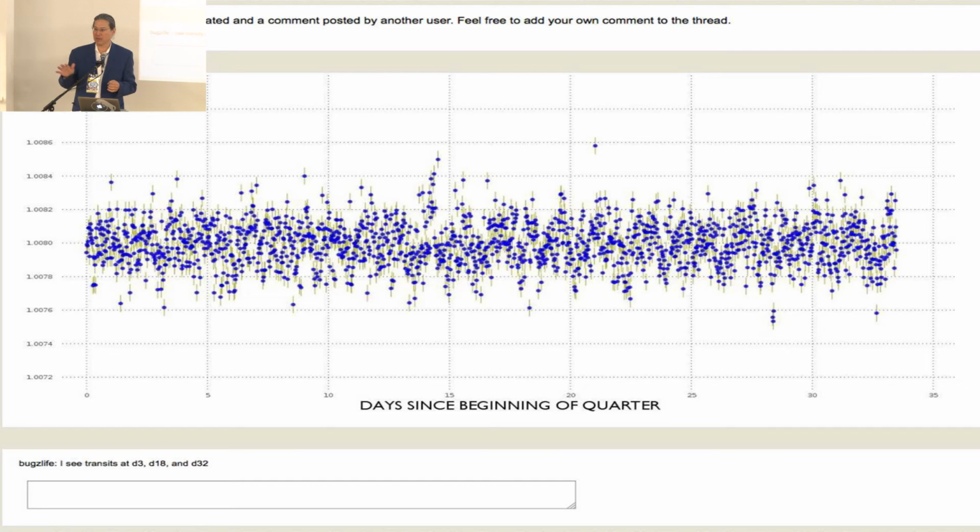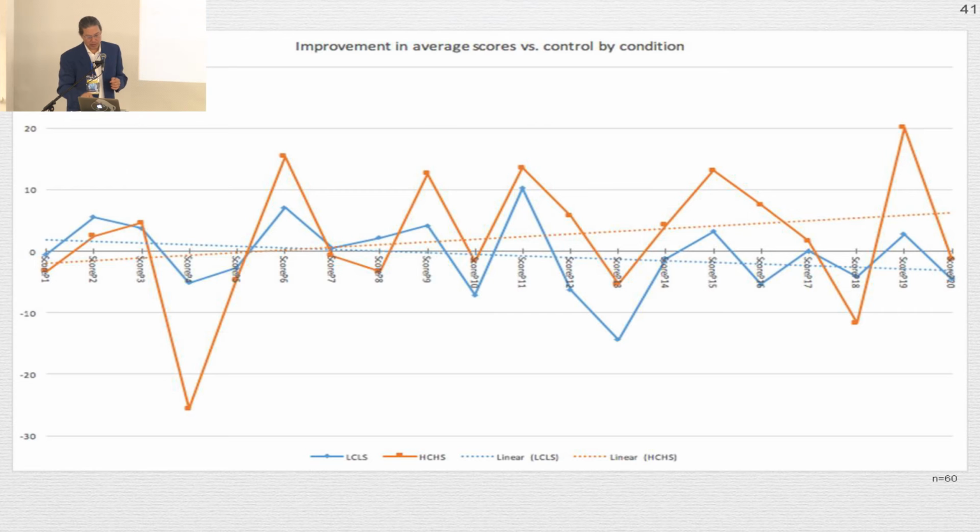All right, so everyone get the setup for the experiment. We have people recruited on Mechanical Turk. We did some screening to make sure that, for example, they didn't know what a transit was. So these are very much like the newcomers. This is a plot showing the average for those three groups. What I did is I subtracted out the score the control group got. So that's the zero line across the middle, the average score in the control group.